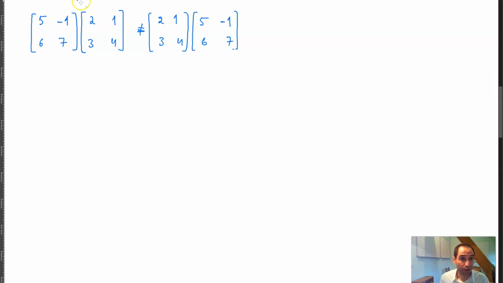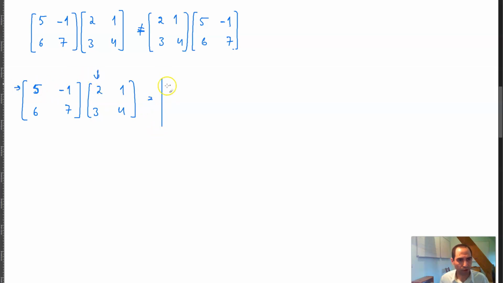So if I calculate the LHS of the equation, I have [5, -1; 6, 7] times [2, 1; 3, 4]. That is equal to, so this row and this column, 5 times 2 is equal to 10 plus negative 3, and then you have 5 times 5 and negative 4 plus negative 4, and then